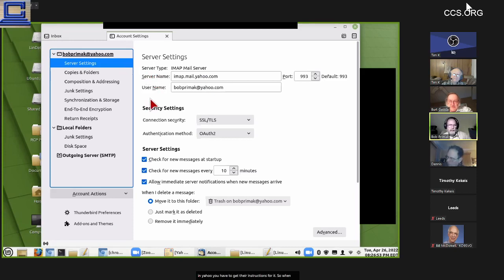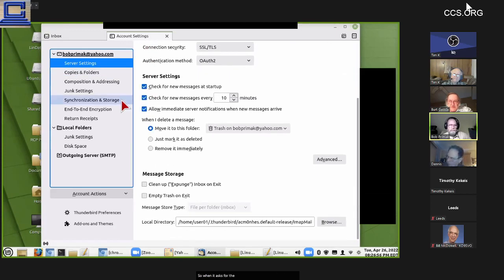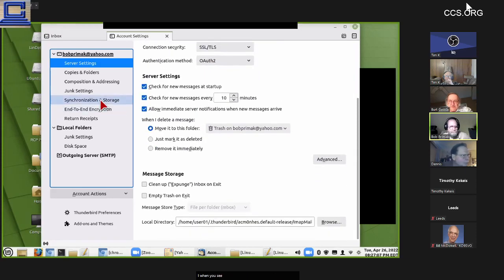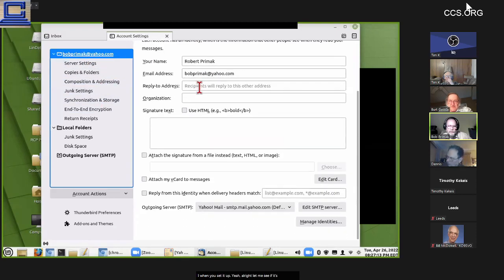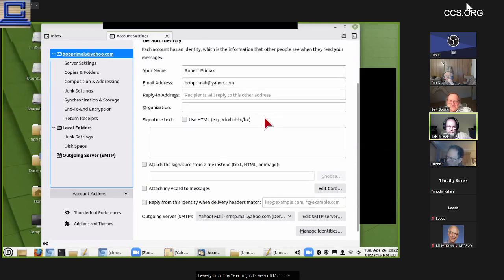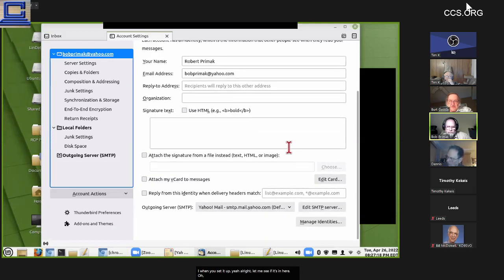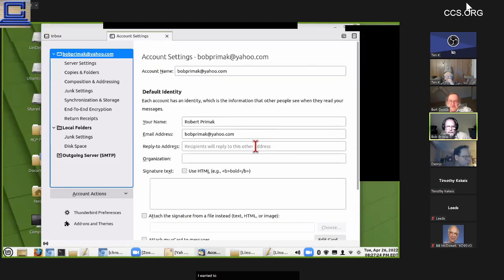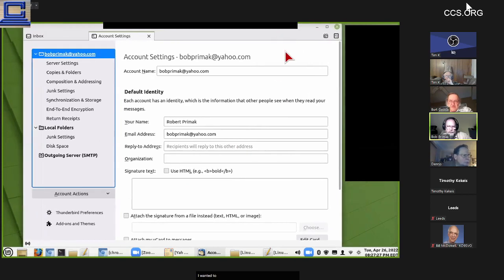So when it asks for the settings when you set it up, all right, let me see if it's in here. Okay, I am not going to be able to show it the way I wanted to. Okay, I was able to show it before, but anyway, it will have you fill in various things,